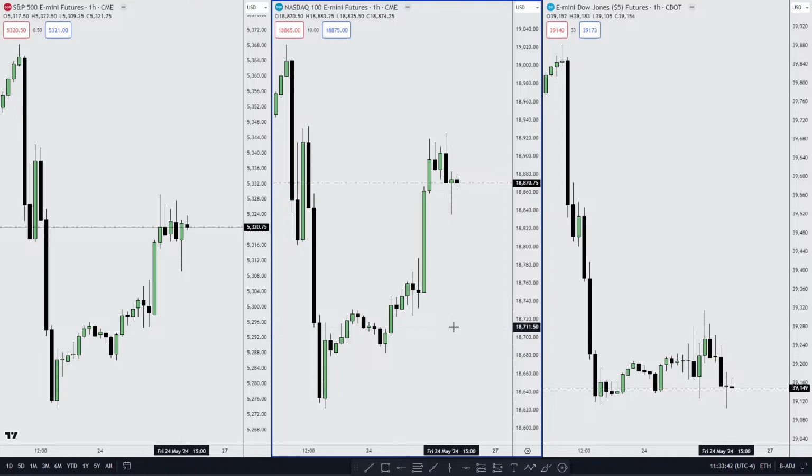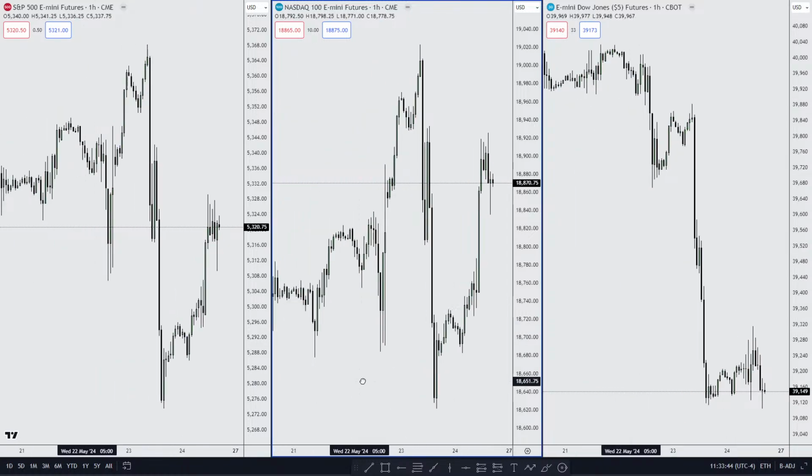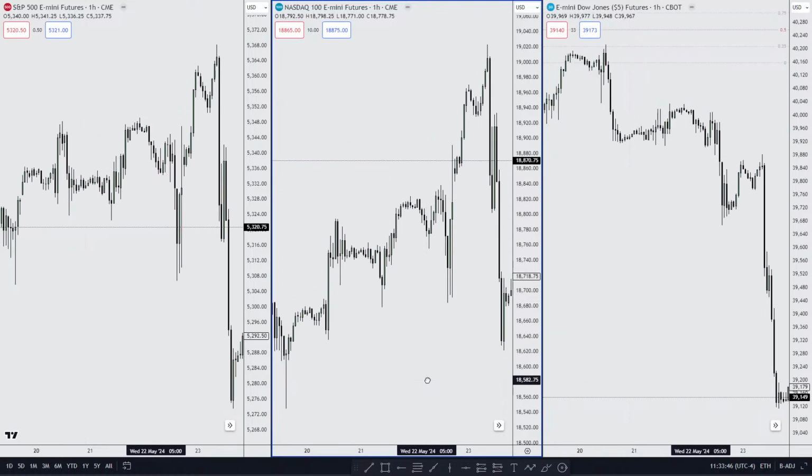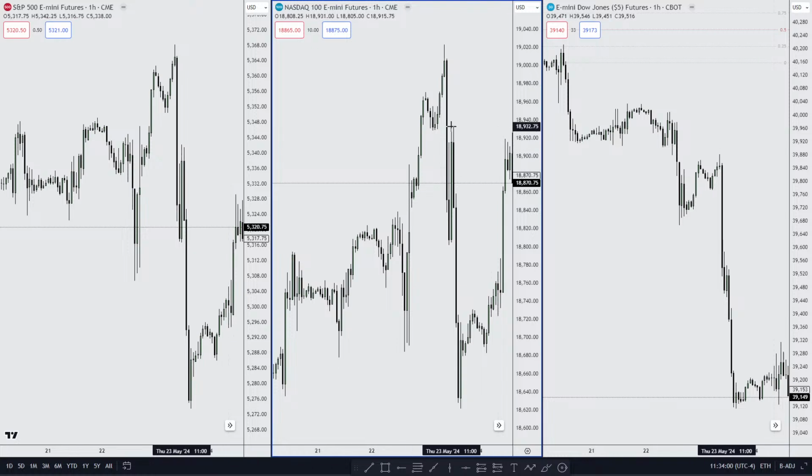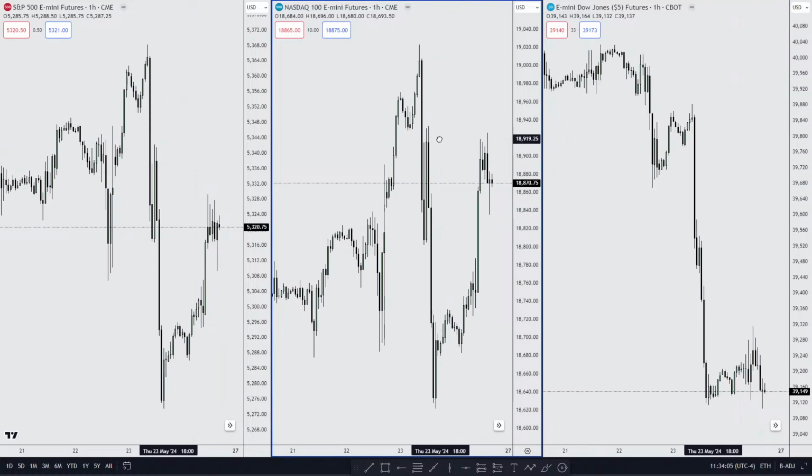So for last week, as I've mentioned before on that trade planning video, I was anticipating Thursday to be a day whereby there should be a reversal, and we did in fact get that. So the analysis was correct. However, on Friday, we did not get the continuation. So I only got half of the analysis correct.